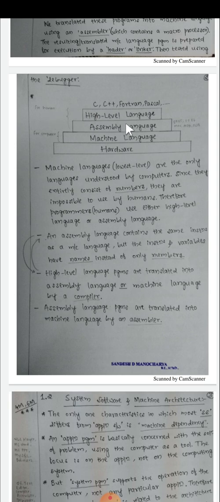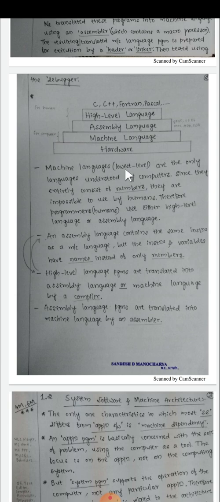And for assembly level language, I think you have already studied some microprocessors, 8085, 8086. There we used some English word instructions like MOV, ADD, SUB, etc. These types of English words or instructions are called macro instructions or mnemonic instructions. With these mnemonic instructions only we can write assembly level language programs, and these are also for human beings, but machine level language is for computers.